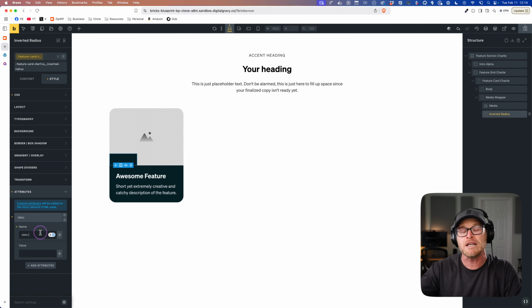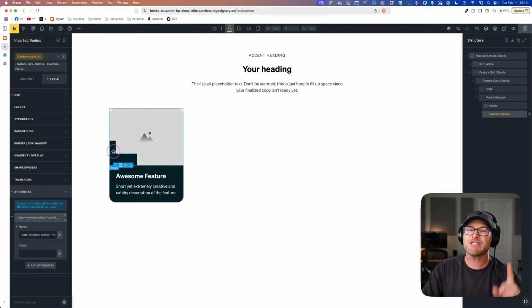Now, what do you want? What are you doing right now? I'm creating an inverted radius. Okay, inverted radius. Which one? There's 2 of them. You have 2 options. Why? We're using pseudo elements, and you only get 2 pseudo elements, so there's gonna be a 1 and a 2. So you write the number 1. All right, so data-inverted-radius-1. What are we doing to this radius number 1? We're positioning it. So data-inverted-radius-1-position.